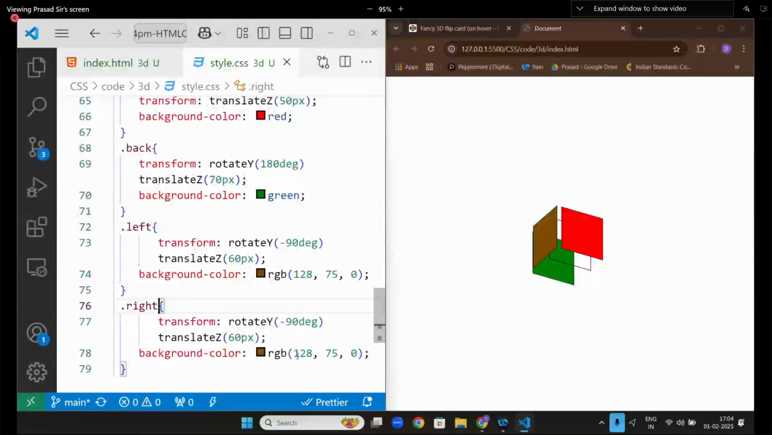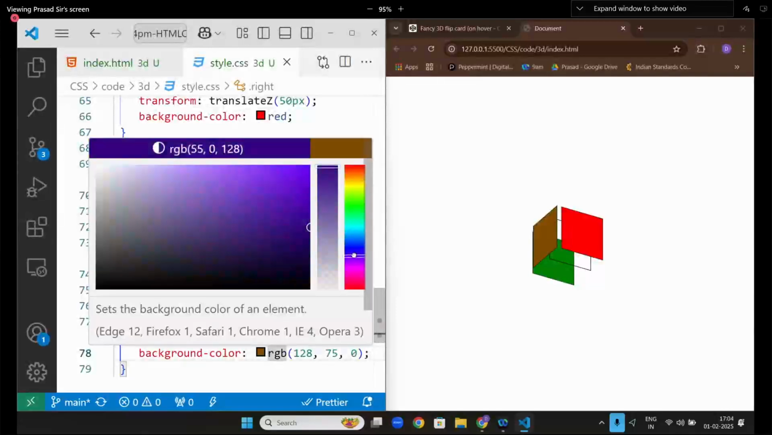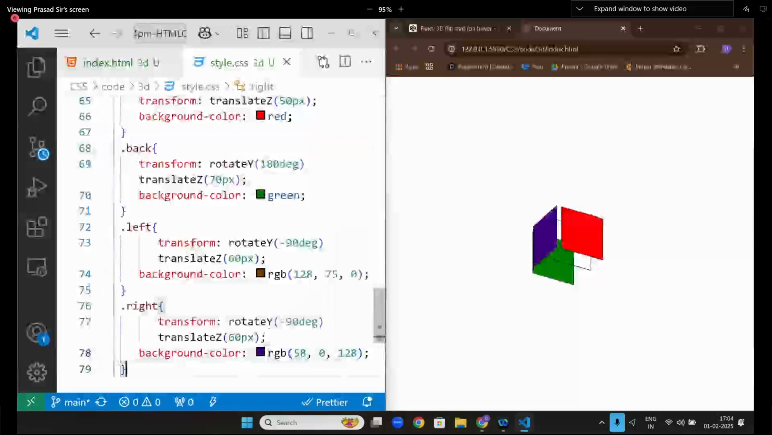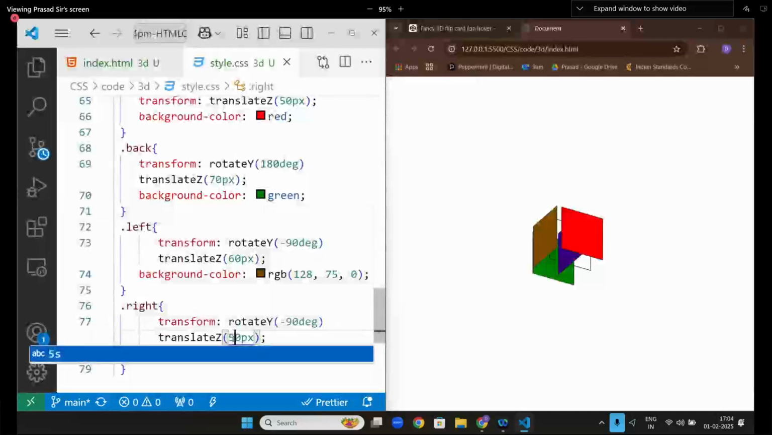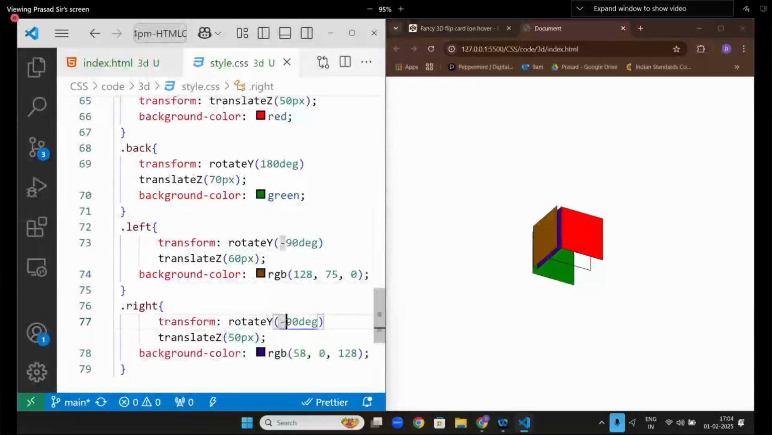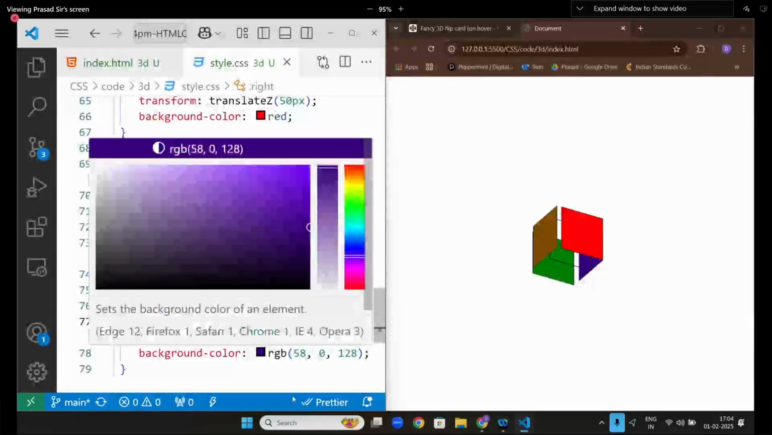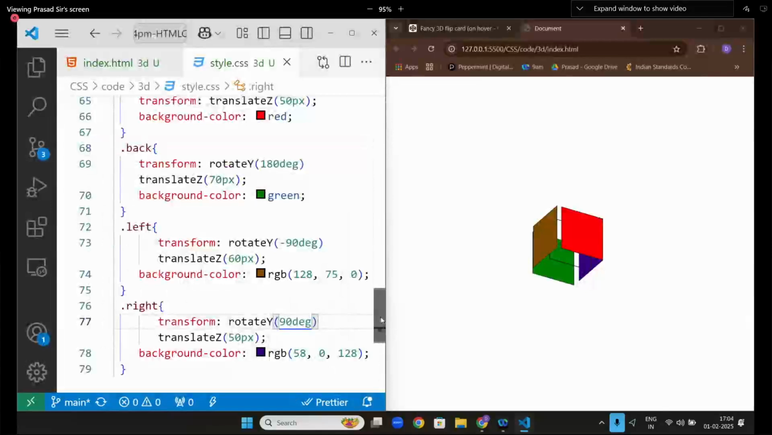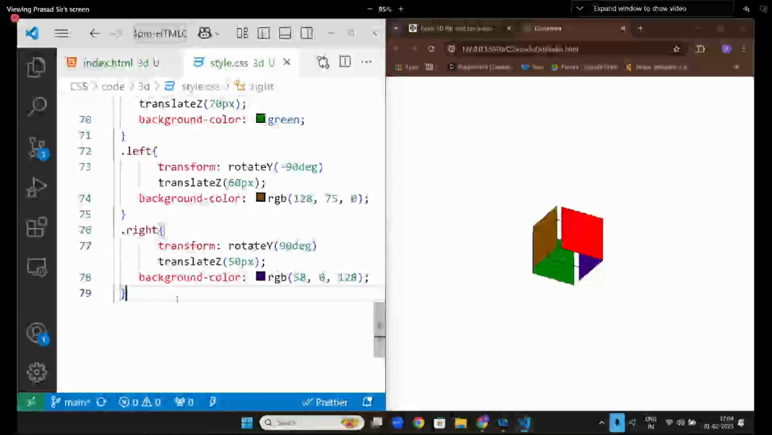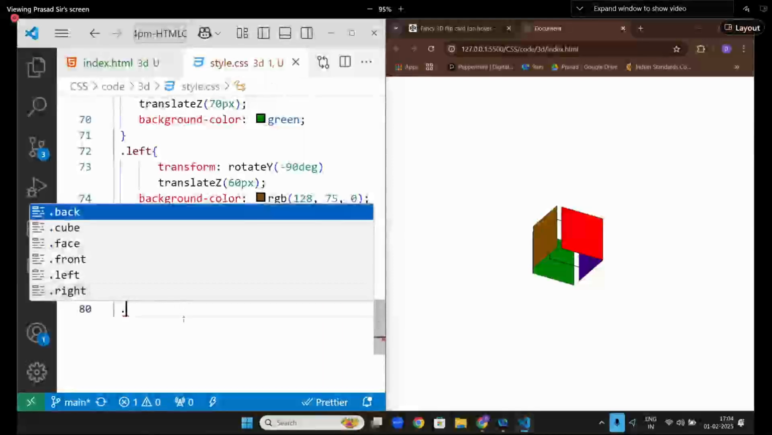rotate Y, and here something like blue or some kind of color, and I want it like translate Z 20, no, something like 50, and this one 90 degrees. Let's fill it up. Next, dots, top, left, right, bottom,